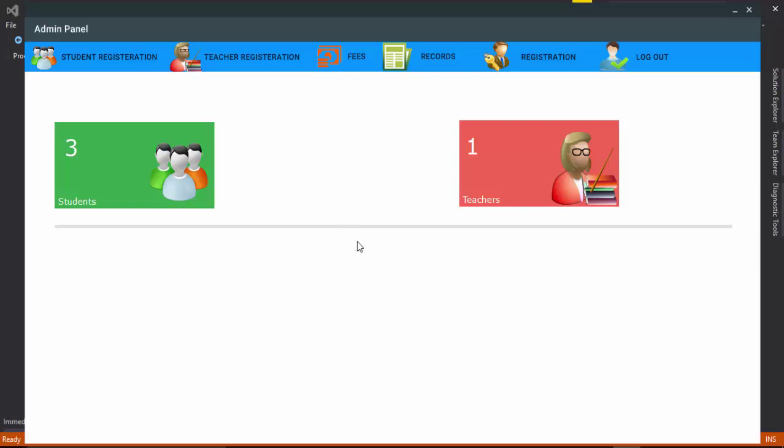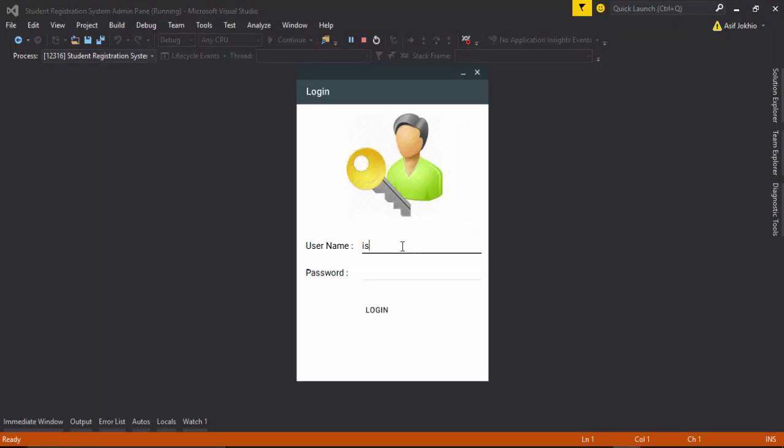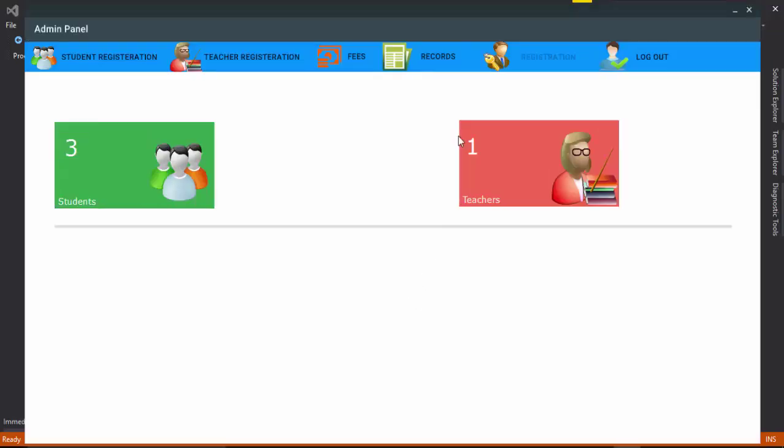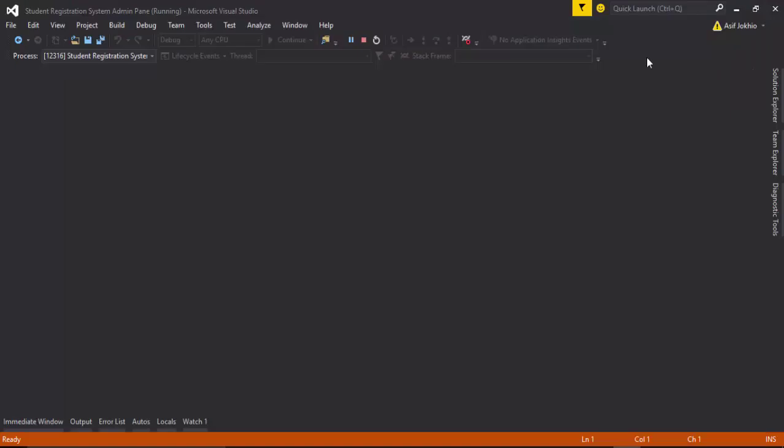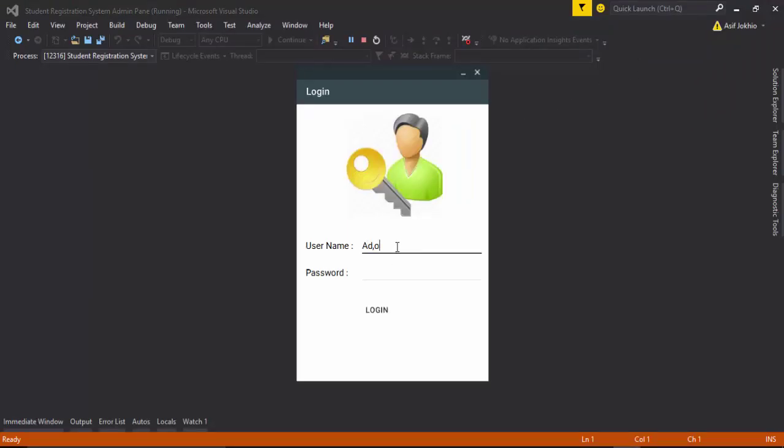So first step is you need to log in your administrator account. Then you can see here registration account available to register any user to log in or handle the application as well. If you are not an administrator, for example, I logged out and then I enter the username and user, I log in, and here you can see the registration option has disabled. So I again log out and enter the administrator account,